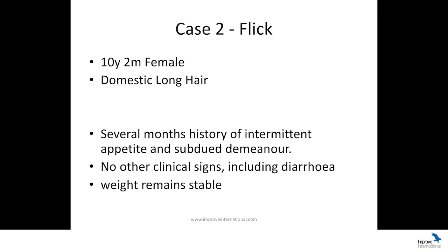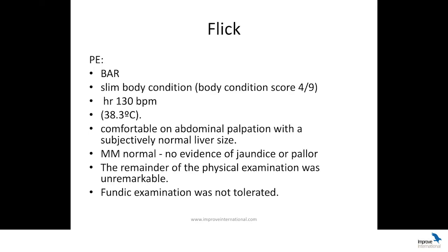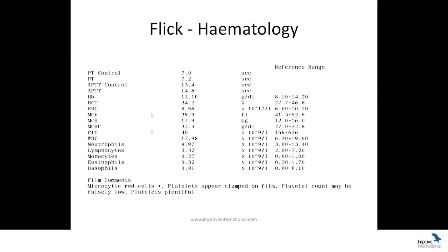Basically what we do is we do a good physical examination and we do blood work and we let that guide us in our case. So with Flick, she was bright, alert, and responsive. She was slim, even though there was no reported weight loss, so she had a body condition score of 4 out of 9. Her heart rate was 130 beats per minute, so not really that tachycardic, and she was normothermic. She was fairly comfortable on abdominal palpation with a subjectively normal liver size and normal kidney size. Mucous membranes were normal. There was no evidence of jaundice or pallor, and pretty much an unremarkable physical examination. She wasn't too keen on blood pressure and also did not allow for a fundus exam to see if there's evidence of chronic hypertension. So you then proceed to do bloods, and we have here the hematology and also the coagulation